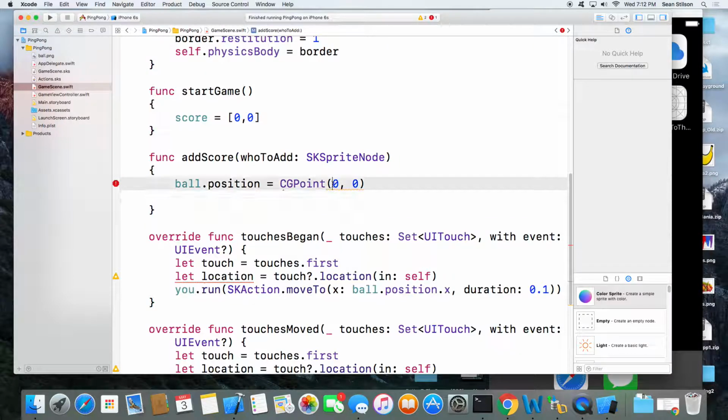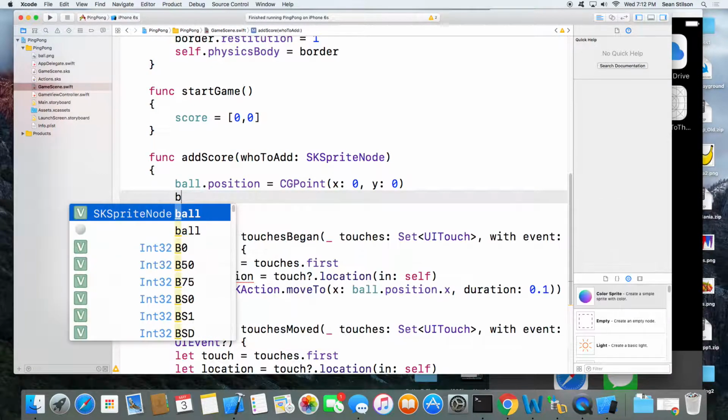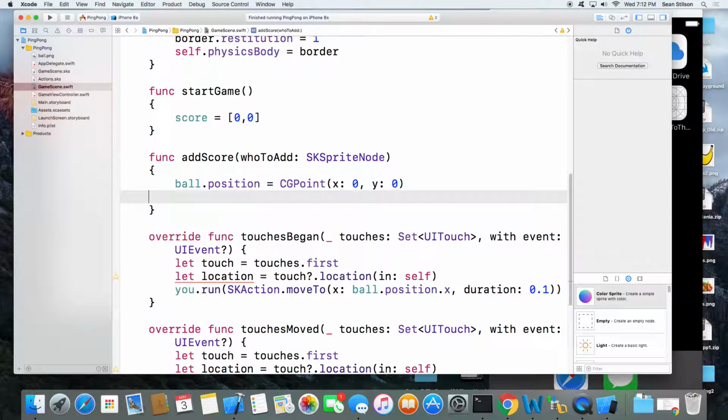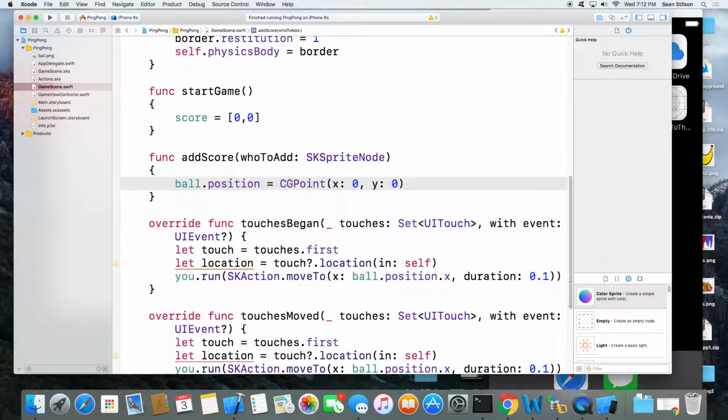Oh, yeah, I don't have parameters, x and y. And then we'll reset the... Let's do this. Let's just run it without doing anything else.